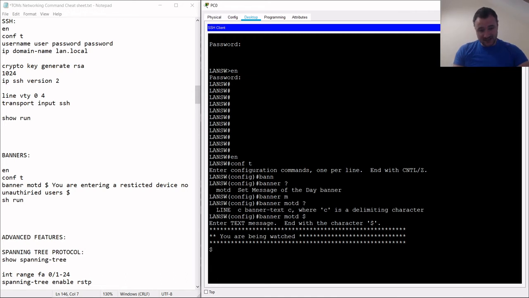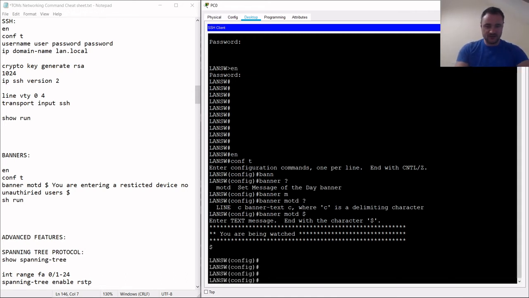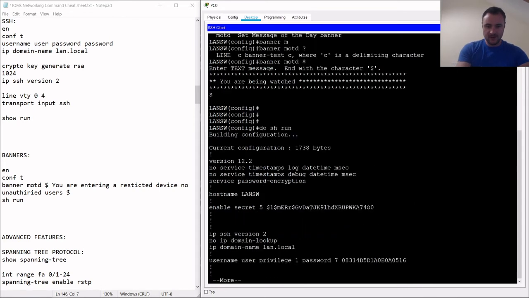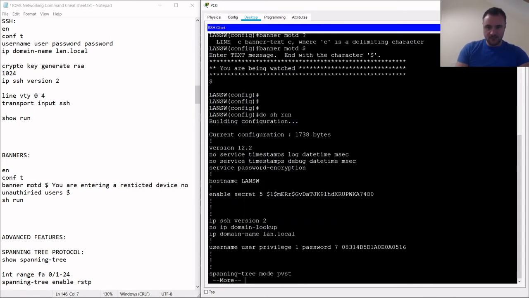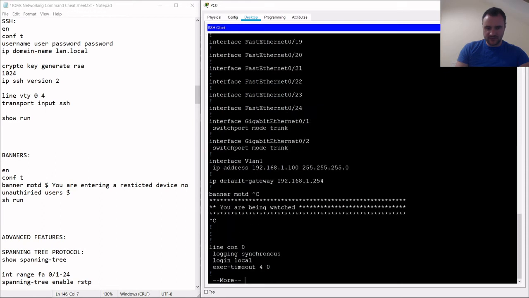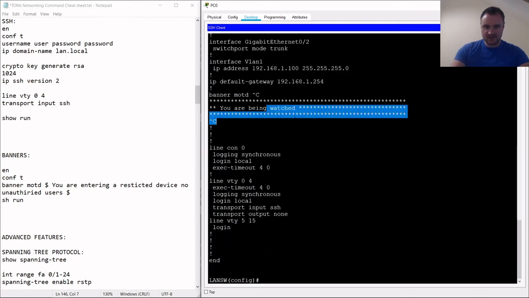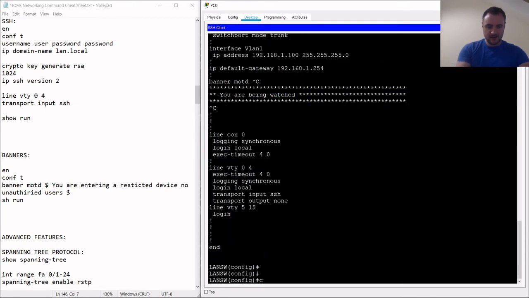So I've seen an entire airplane appear, but it's not effective for logging on. So if I do show run now, we should be able to see our banner. I think generally it's near the bottom of the config, so we can see our message of the day banner here. If I save that,